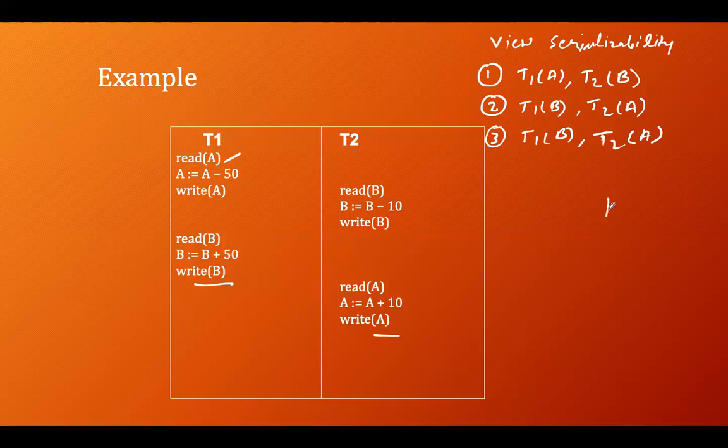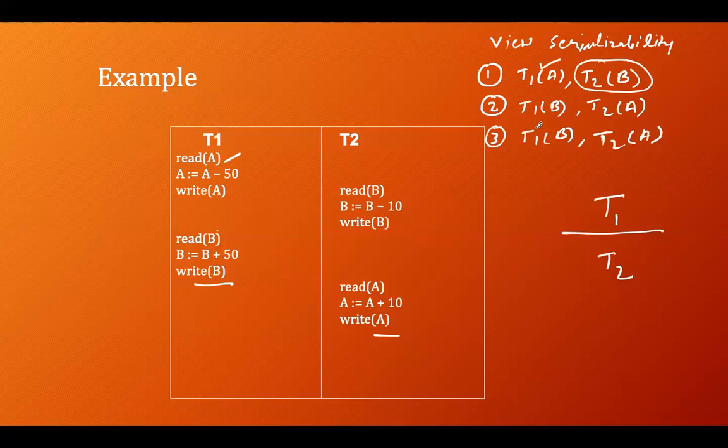So if we take the serial schedule T1 then T2, what will happen? All the operations of T1 will be performed first. So when we perform the first operation here, who is reading the fresh data on A? T1. Who is reading the fresh data on B? T1 again. But this is violating. Getting it? Now let's go to the updated one.